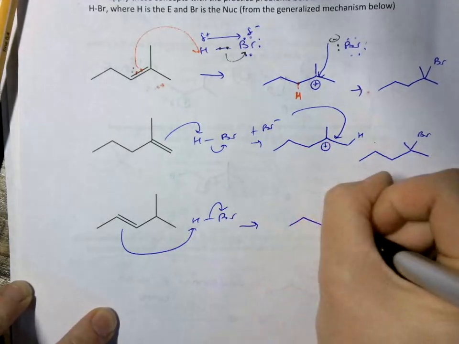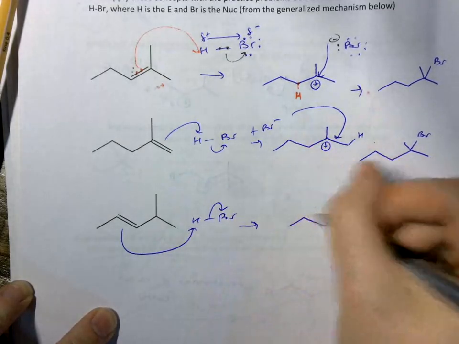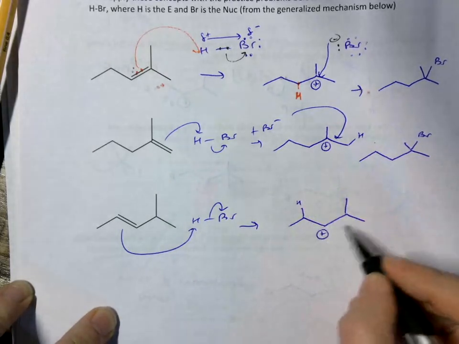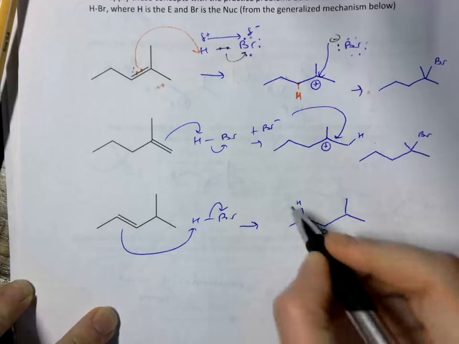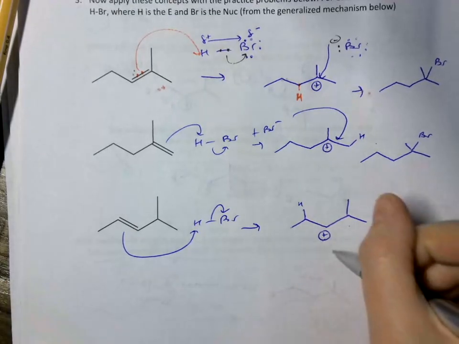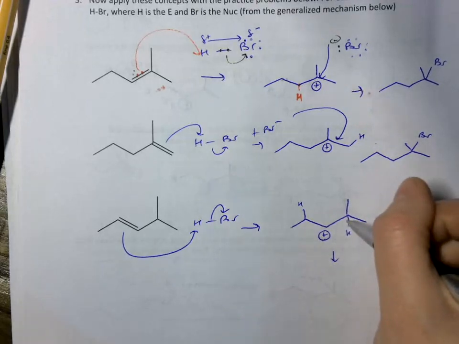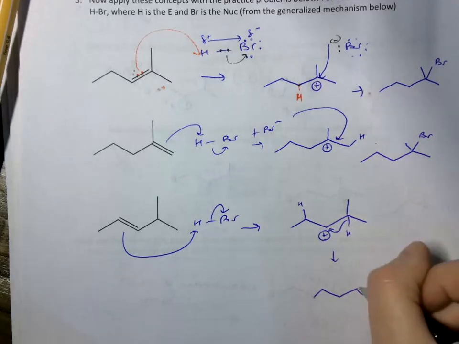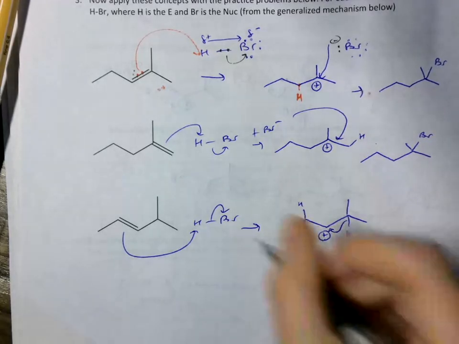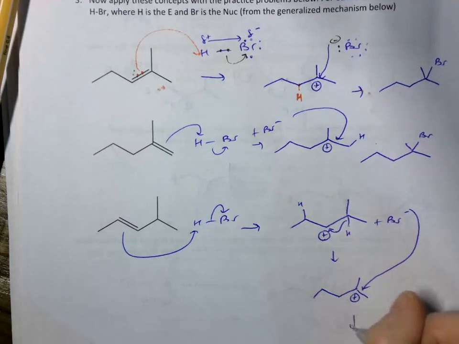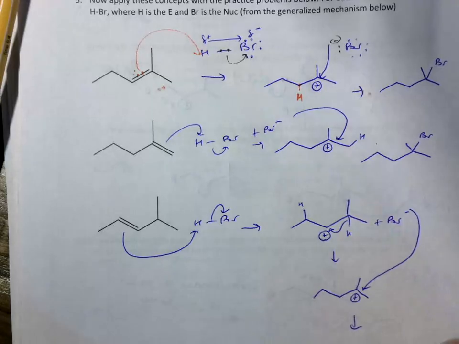so we get, let's see, the hydrogen would add here, so you can get a secondary carbocation that can undergo rearrangement. In theory, either one of these is secondary, but this one, being adjacent to a tertiary, can undergo rearrangement, and that means that it's the more stable option. So we get our carbocation right here, and then our Br minus that was formed in this step would attack, and you get this